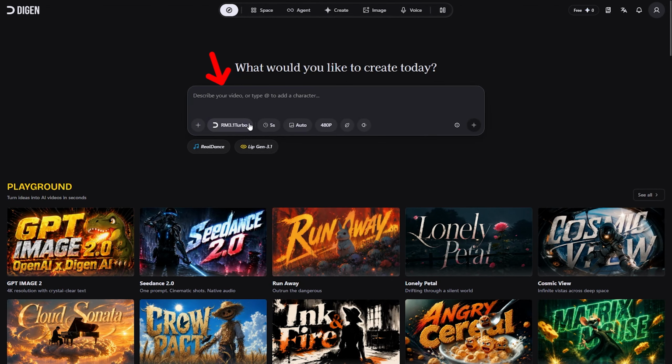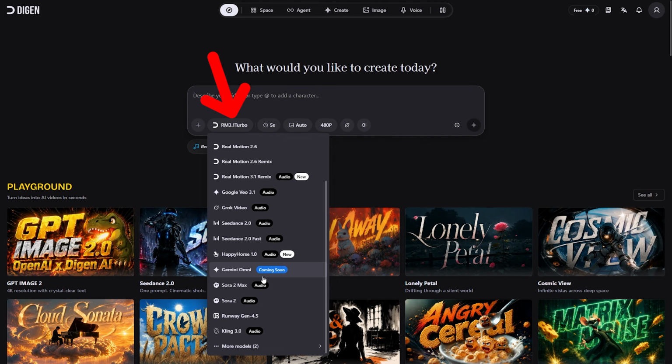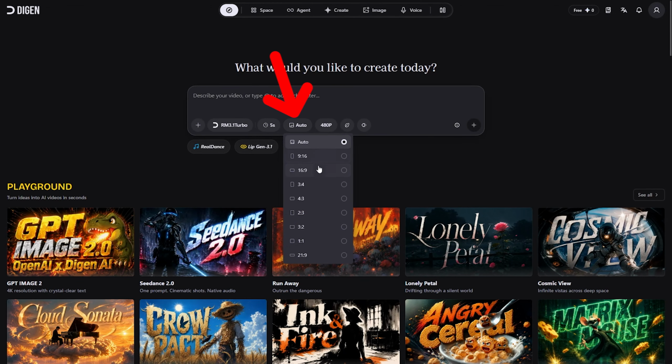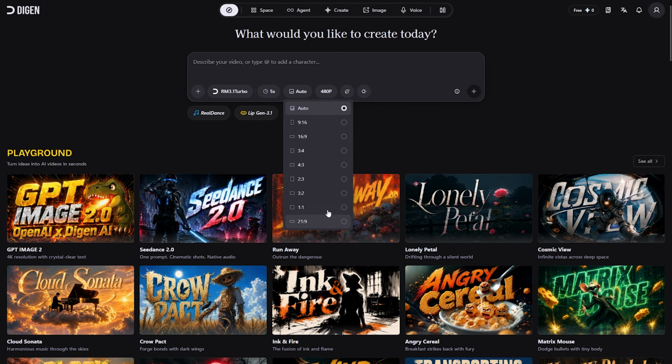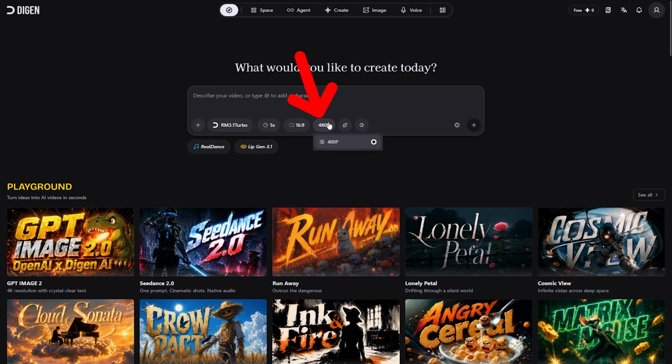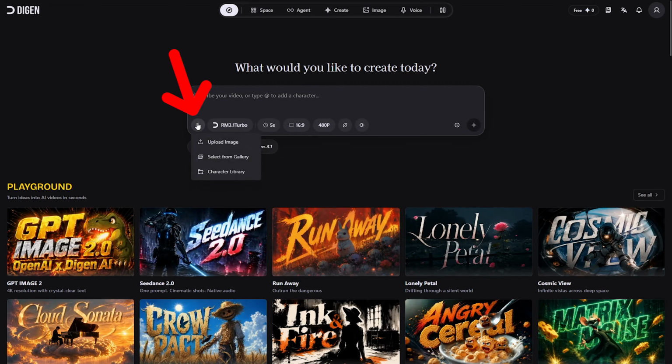You just have to choose the model from here. Which model do you want to use? And after that, the duration of your video and the aspect ratio of your video also. I will use 16:9. Then the quality of your video. And if you want to add an image, you just have to click on this option right here, then click